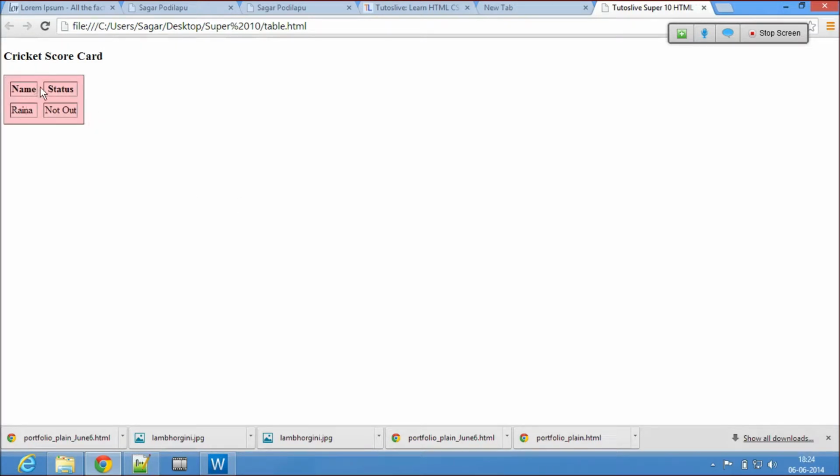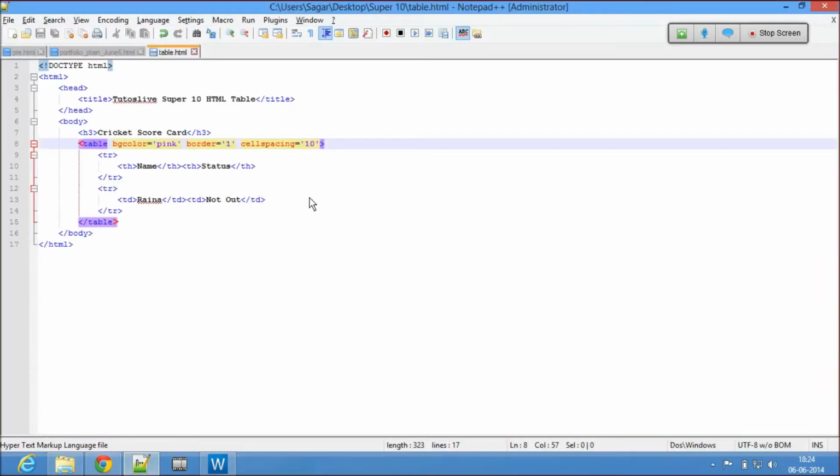You see here, cellspacing is nothing but the space between two borders. This is one border, right? This is one border. The space between two borders. Even this is one border and this is one border. There is a space between the two borders. Remember, space between two borders is cellspacing.